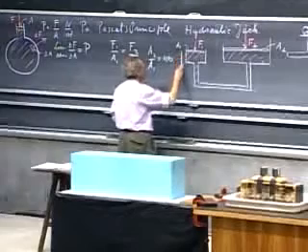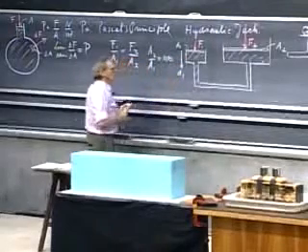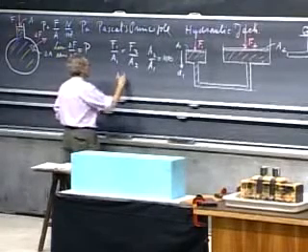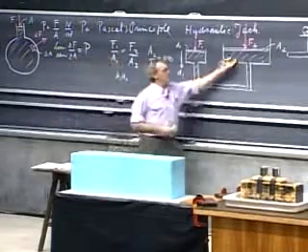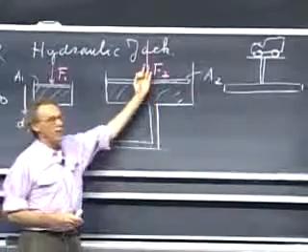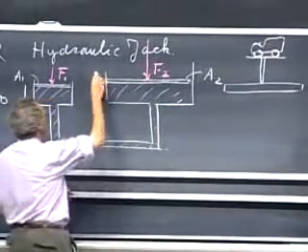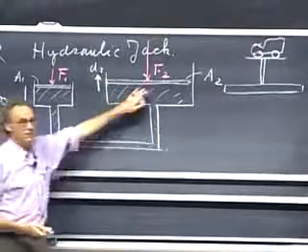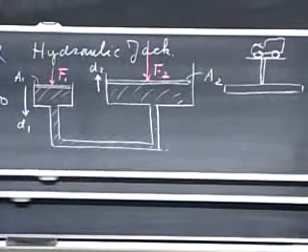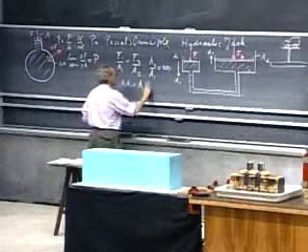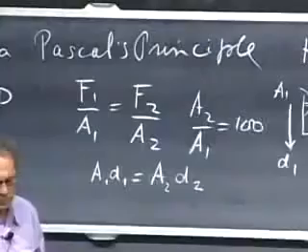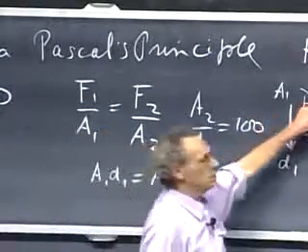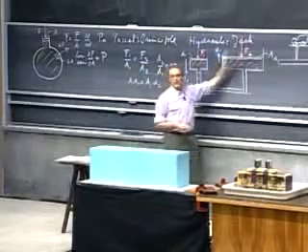Suppose I push this down over a distance d1, then the amount of fluid that I displace, that is the volume, is A1 times d1. That fluid ends up here. So this one will go up over a distance d2. But the same amount of fluid that leaves here adds there. In other words, A1 d1 must be A2 times d2. Now, if the force here is 100 times less than the force there,